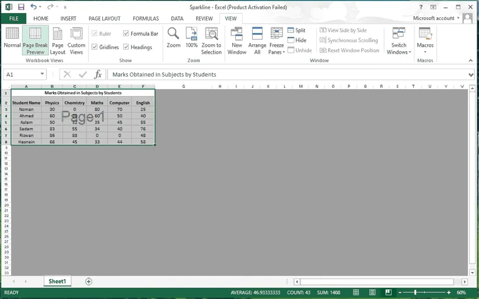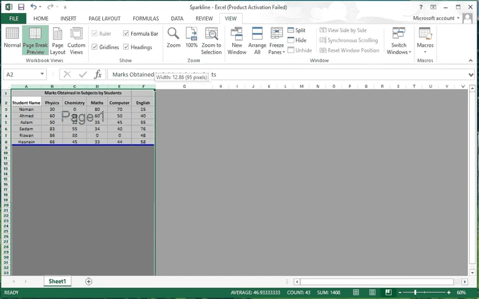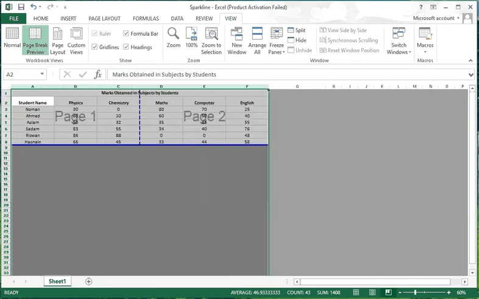When you click here, you will see that this is page number 1. If you increase the size of this, then you will know that this is page number 2 or page number 3. Suppose I select all the columns and increase the size. Now see, I have increased the size of the sheet, then this is page number 1 and this is page number 2.